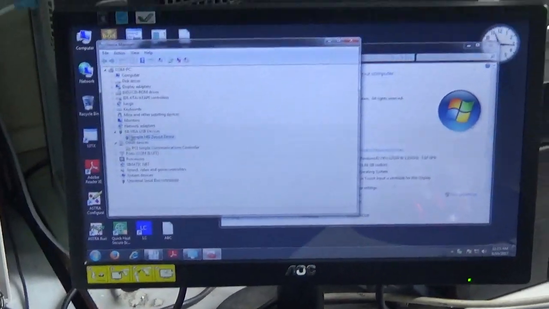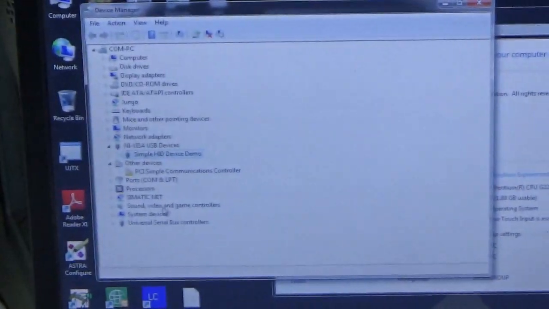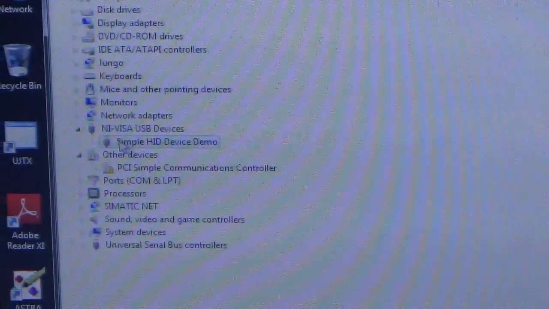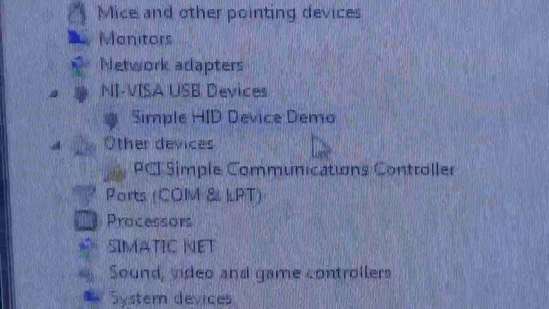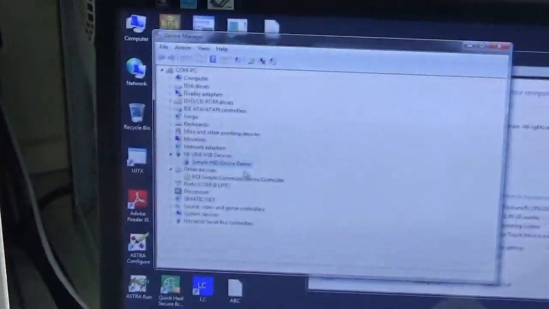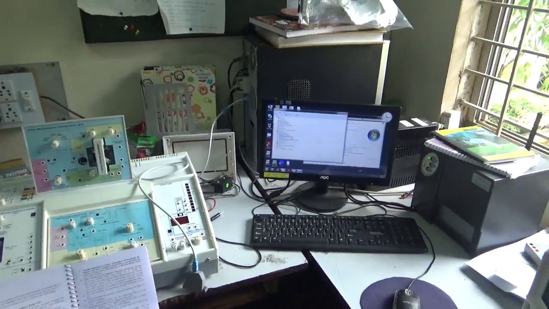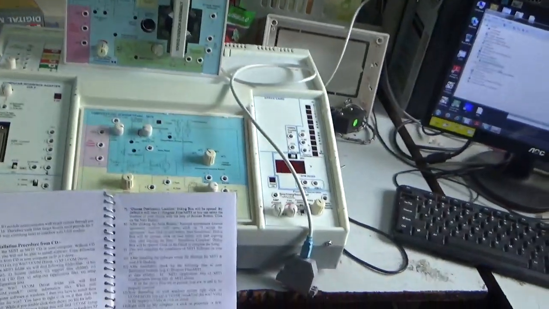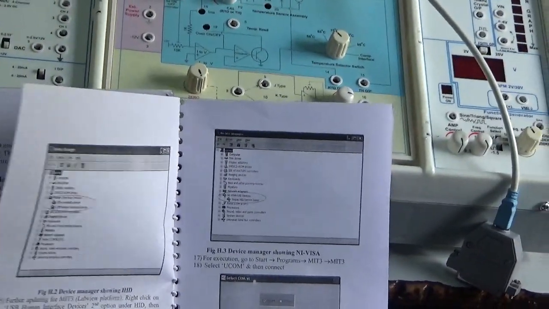and here you will obtain, that is on device manager window, which we have brought earlier. There you will get NI visa USB devices. Under that a simple HID device demo will also come. These are very important steps. Engineers may find it difficult. So for that purpose we have created this demonstration, that is from step number 12 onwards, page number H3 to H5. After that it is very simple,